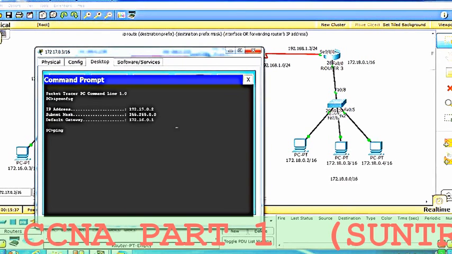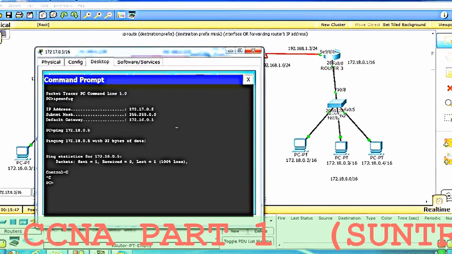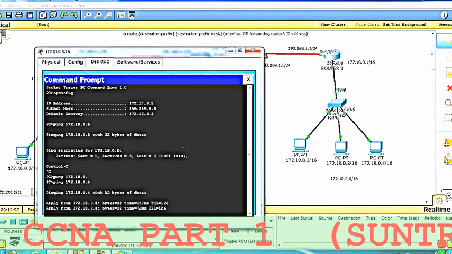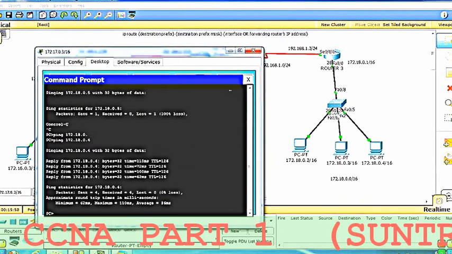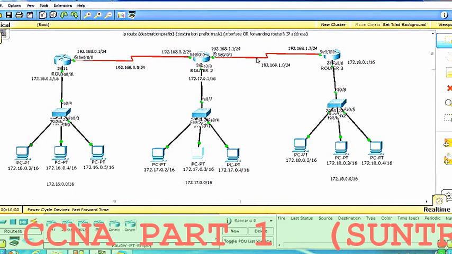I'm trying to ping 172.18.0.5. Okay, 5 is not here, so I'm trying to ping 4. I'm getting a reply from 4. So this is the static routing.